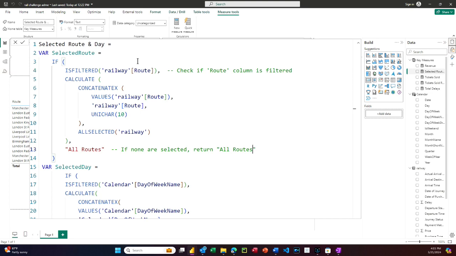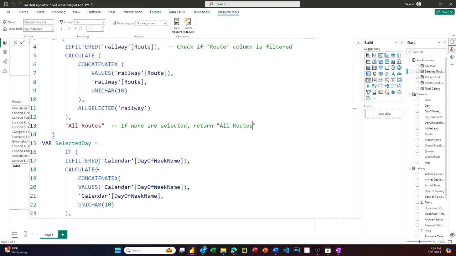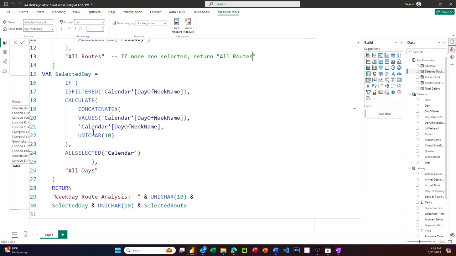So if railway route is filtered in any way, concatenate anything chosen, any routes. So route 1, enter, route 2. Next, I have another VAR for selected day. It's the same thing. We're just using calendar day of week name, checking the values against the day of week name, concatenating, enter down, remove all selected filters from the calendar table, and if not filtered, return all days. Then my return